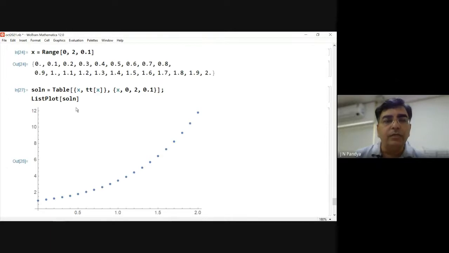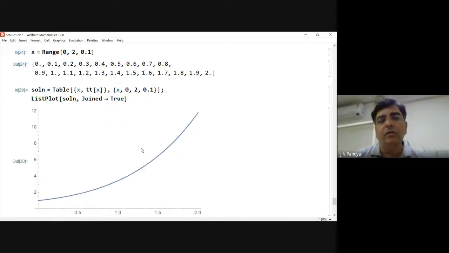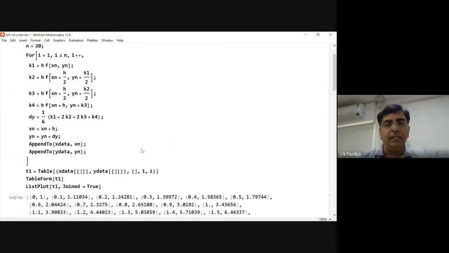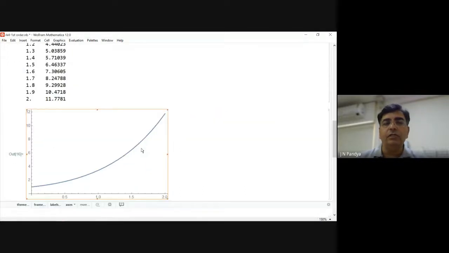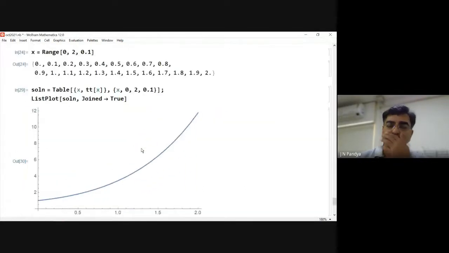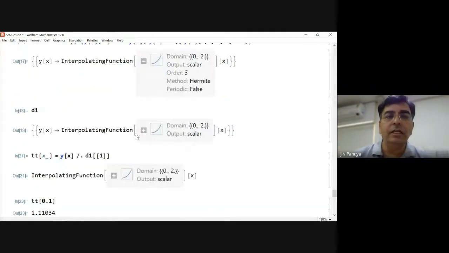Okay. Suppose if I want to use this thing as joined lines, so I have to write simply Joined, then arrow, True. This arrow will automatically turn out to be this kind of arrow. And if I press true, that means it will be simply joining a line. And now this is exactly the same thing that you see here. No change at all. See, exactly same. Okay. Is it clear?